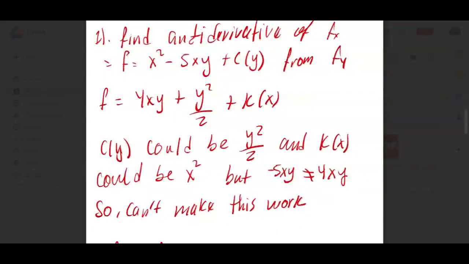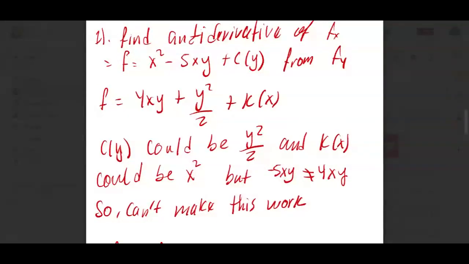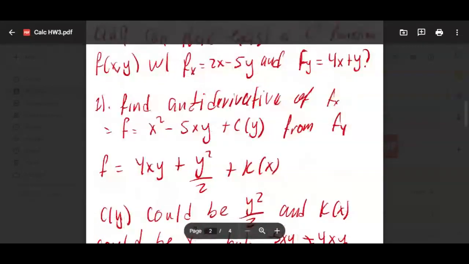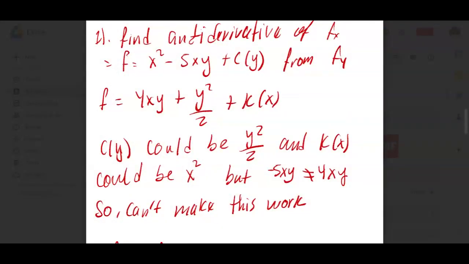And then I said that in this case, our arbitrary constant with respect to y could be y squared over 2, and then that function of x could be x squared. But now if we notice that for our first function, when we took the antiderivative with respect to x, we get -5 times x times y, and then for the second function, we get 4x times y, and I ended up concluding that they're not equal,